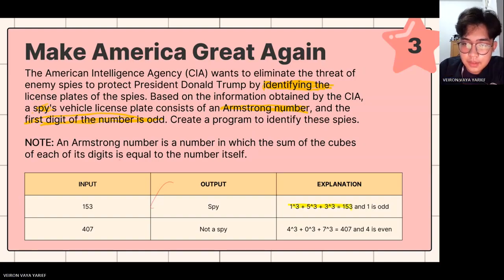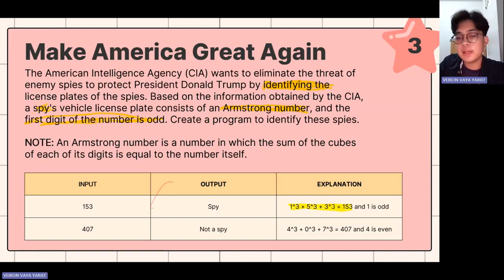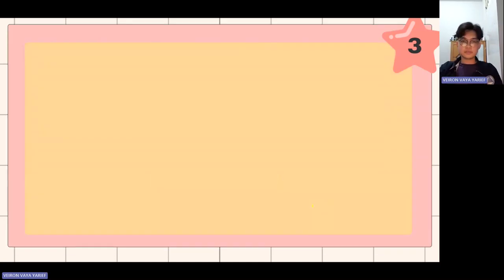If we have an input, the license plate, we take every digit, power it by 3, sum all the results, and if our input is the same as our end result, then it is an Armstrong number. That's an Armstrong number. The example is blank because I need to teach you how to solve this problem as a human.